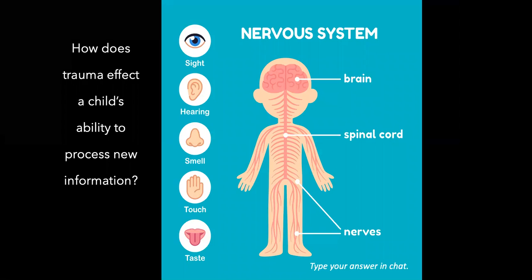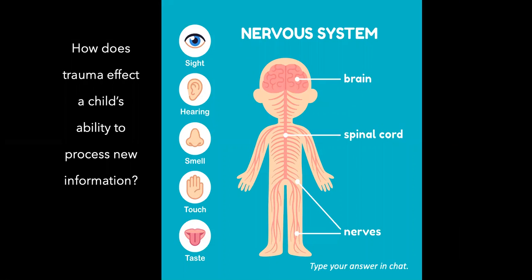On edge, on alert. And if their basic needs aren't being met, the child is preoccupied. The whole body and nervous system is impacted. And if we're thinking that everything might be a threat, avoidance of new things can make sense. New sights, smells, tastes, and touch. If we don't know what it is, and our body is in fight, flight, or freeze, we're going to take that new item, run away from it, push it off of our high chair, never try it again. If it's new, it's not safe.